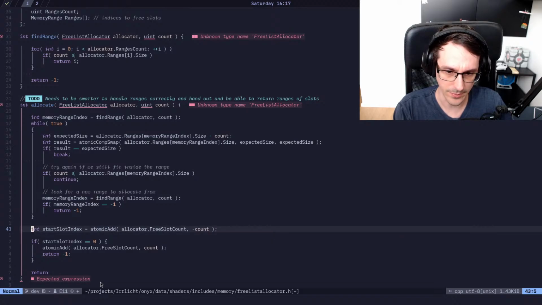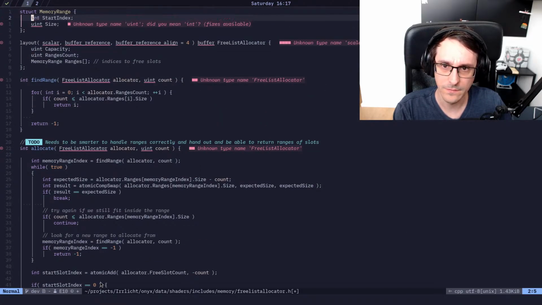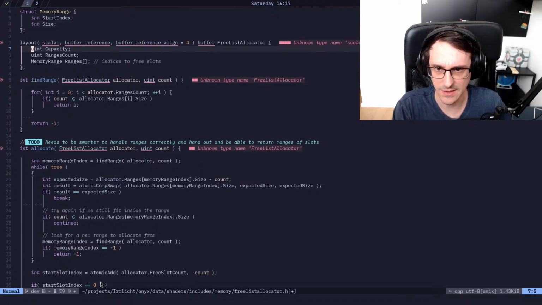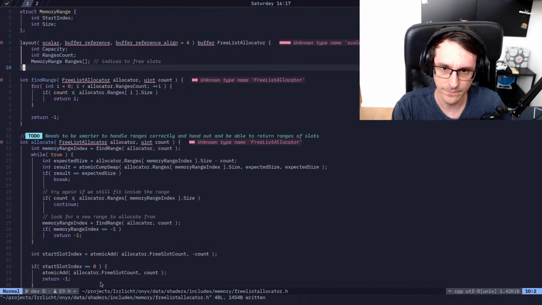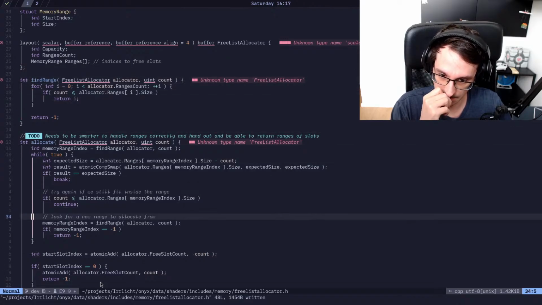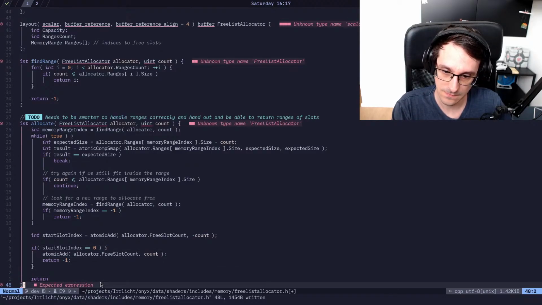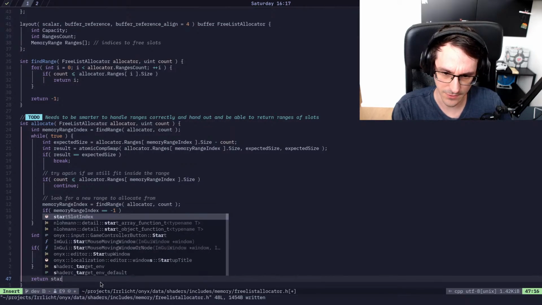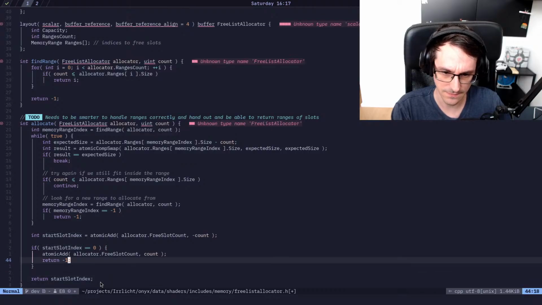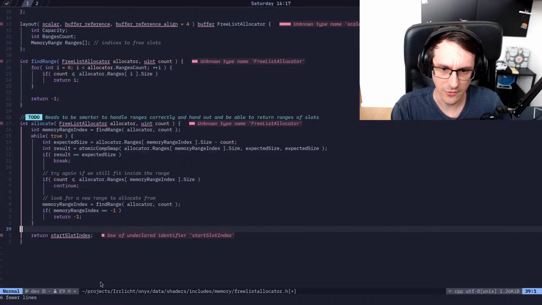Here we basically get an int. I guess it's fine to do it like that. Oops. And then here we would return the start slot index, I guess. Well, if we allocated it,